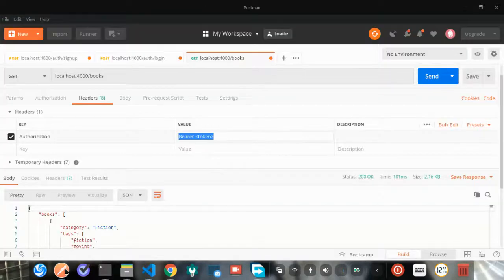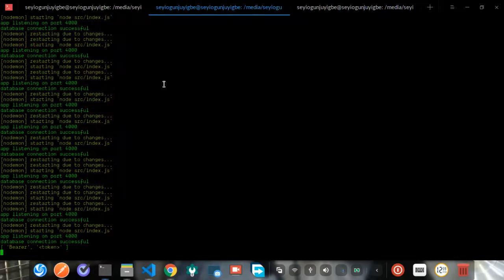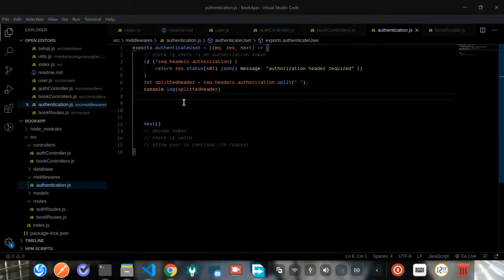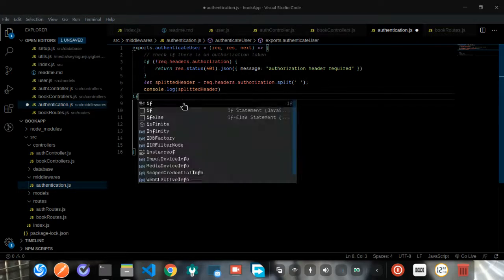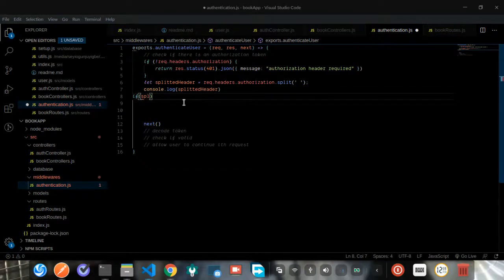And let's send this request again. And in the console, you can see that it is an array that contains bearer and the token. So we want to always check that this first element is indeed this string bearer. So a basic way we can do that is to say if the first element, splitted header at index 0, is not equal to bearer,